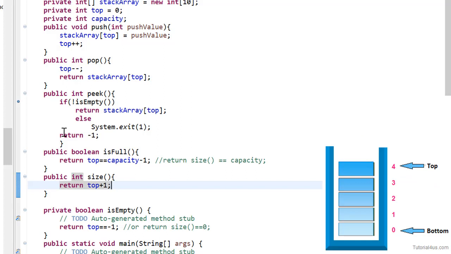Now next what we need to do is displaying the stack. So for displaying the stack,